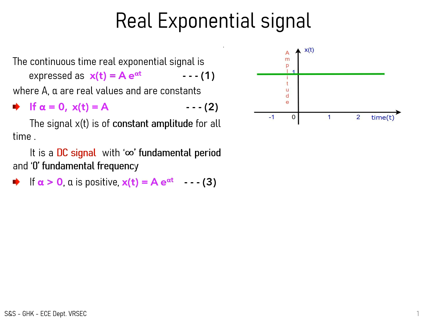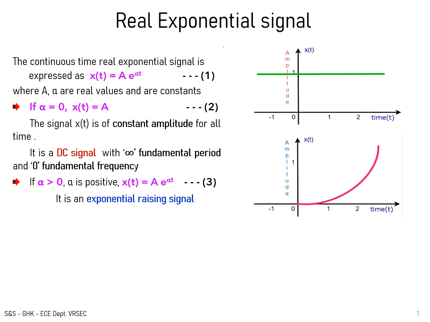Here in equation 1, if alpha is greater than 0, then the signal becomes x of t equal to A e power alpha t, where the signal is expressed as an exponentially rising signal. Some examples of exponential rising signals are current through a diode, forward current through a diode, response of a RC